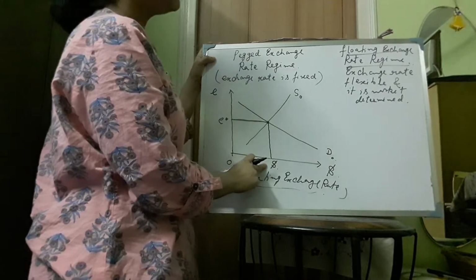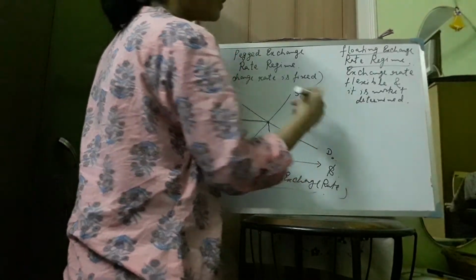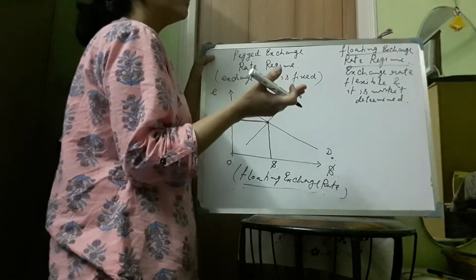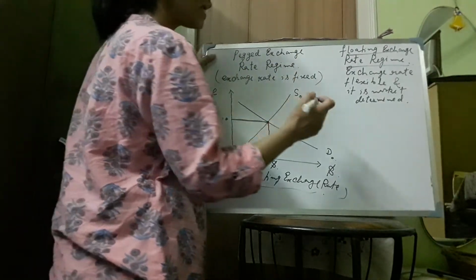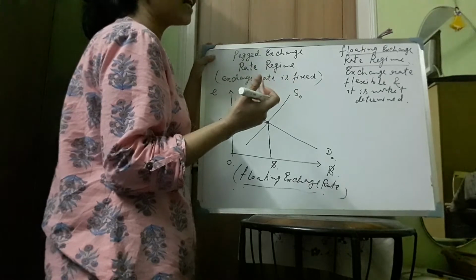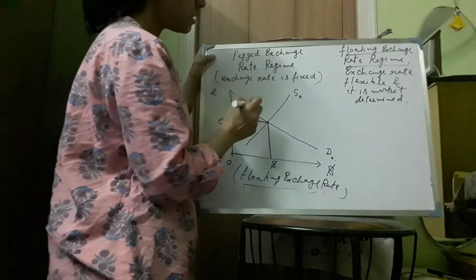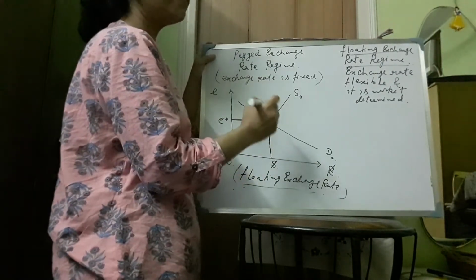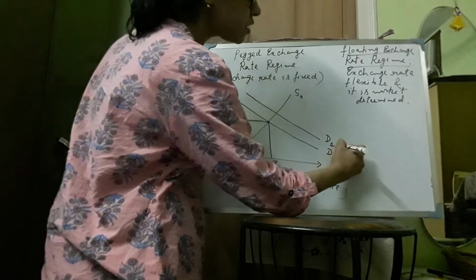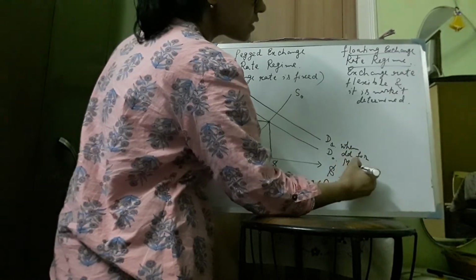Now suppose there is an increase in demand for dollar. Why will there be an increase in demand for dollar? Because when we are importing from outside, then we need the foreign exchange because we have to pay in terms of the foreign exchange. So that is why we need dollar in that case. So when demand for import is rising in a particular country, then demand for the foreign exchange in that country is also rising. So the demand curve for the foreign exchange shifts upward. So D0 shifts upward to D1. This happens when demand for import is rising.